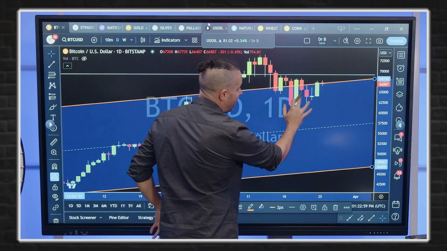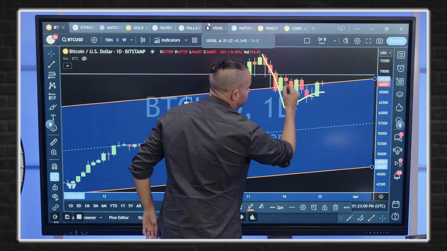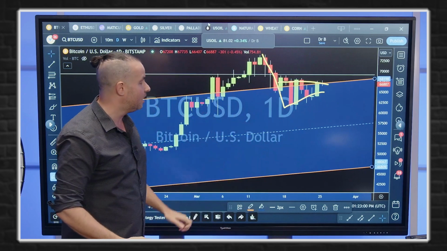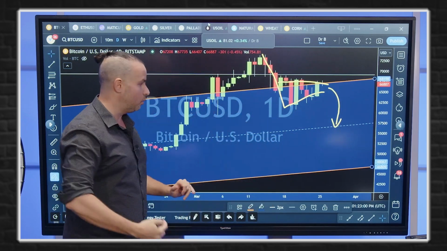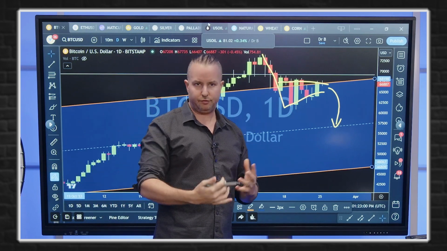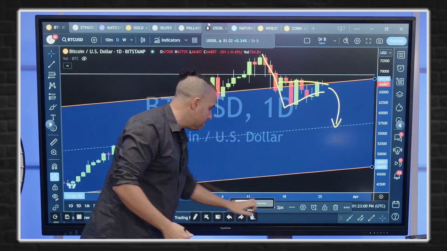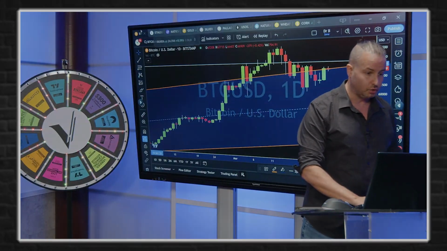So again, we right now are looking at the potential here, and this is just something I'm watching. Could this be a little flag pattern developing on Bitcoin for potentially another leg lower? And again, where's my downside target? You guys know I've talked about it: basically anywhere between 48 and 52,000. That to me is a major, major technical level. I might even be a buyer there if it retraced.